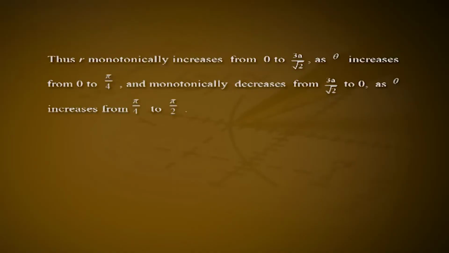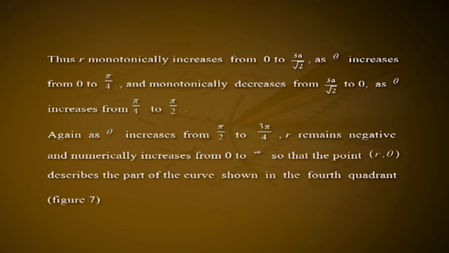Thus, r monotonically increases from 0 to 3a by root 2 as theta increases from 0 to pi by 4, and monotonically decreases from 3a by root 2 to 0 as theta increases from pi by 4 to pi by 2. Again, as theta increases from pi by 2 to 3 pi by 4, r remains negative and numerically increases from 0 to infinity,